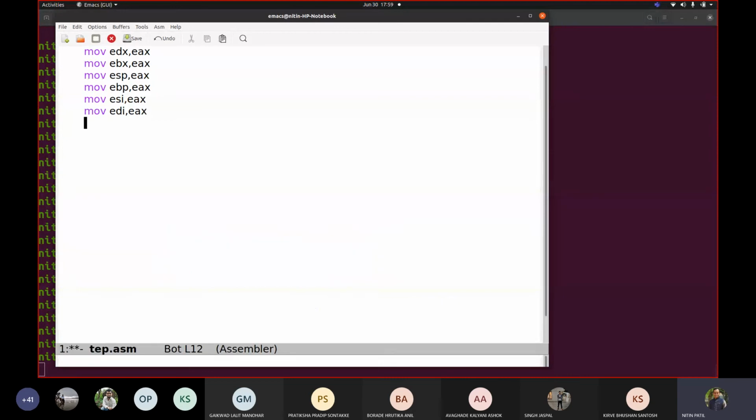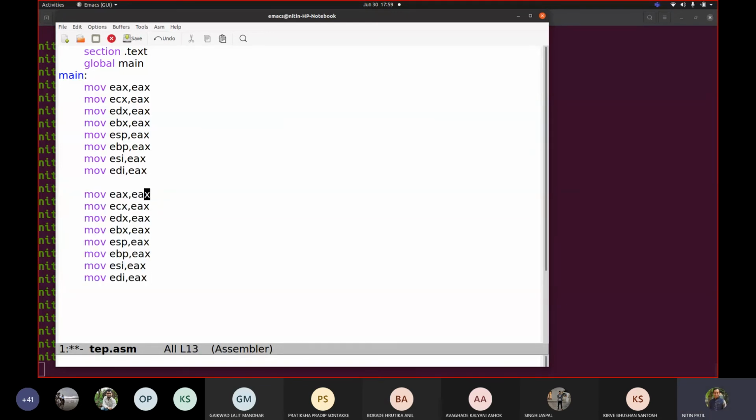When you are done with this, copy all these 8. Replace this ex by ebx. Similarly, do the same thing for ecx, edx, and so on. The order should not matter here. Try to do this on paper first and see whether you can get the same thing after you translate using NASM. Understood what is to be done?